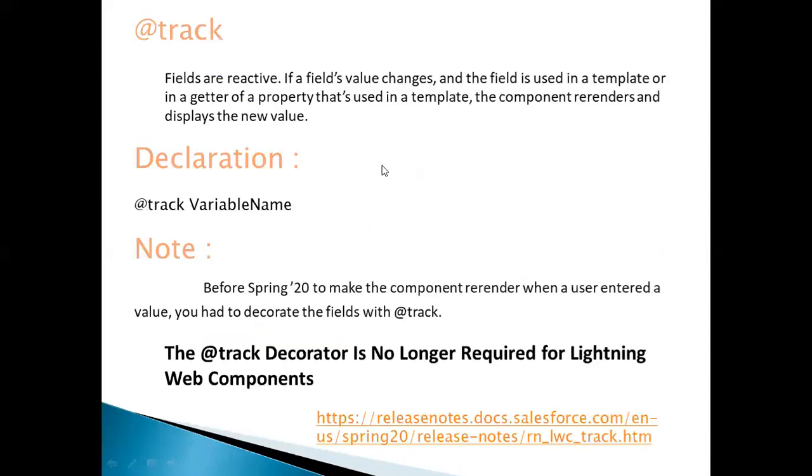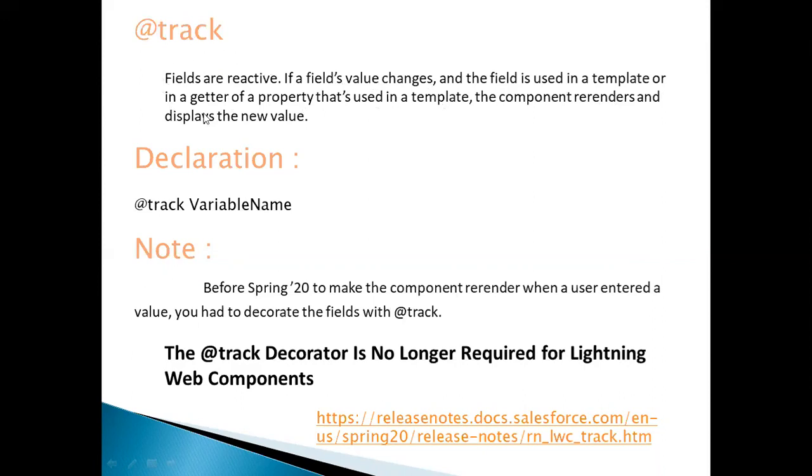Okay, and in the same way we have the @track property. @track is also a reactive property: if a field's value changes and the field is used in a template or in a getter of a property used by the template, the component re-renders and displays the new value.